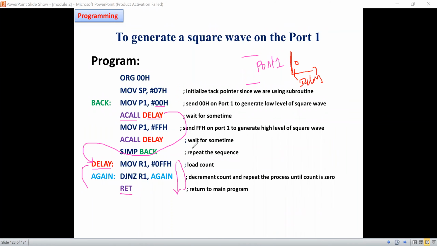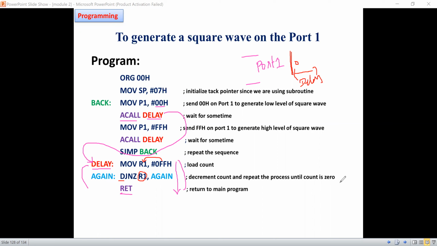Now I'm going to load some value into one of the registers, and I'm going to decrement that same register, whatever data is in it. If it is FFH, then the data will be decremented for the first time and now it will be FE.